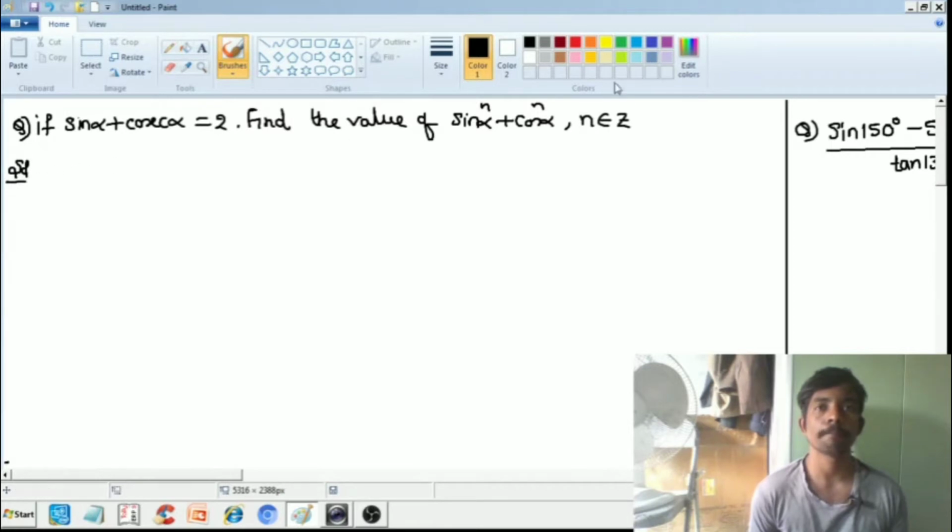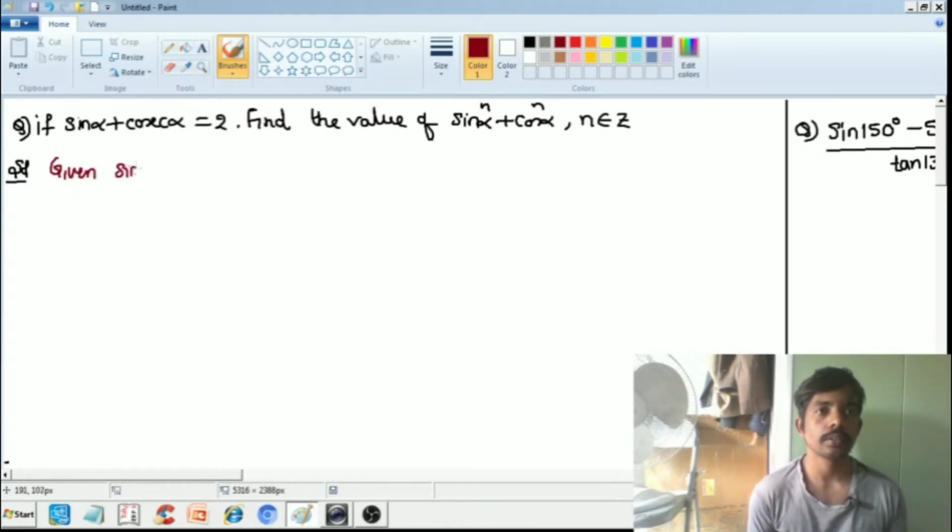Solution: in the question, he has given sin alpha plus cosecant alpha is equal to 2, and he is asking to find sin alpha to the power of n plus cos alpha to the power of n. Now let me solve this first. Given